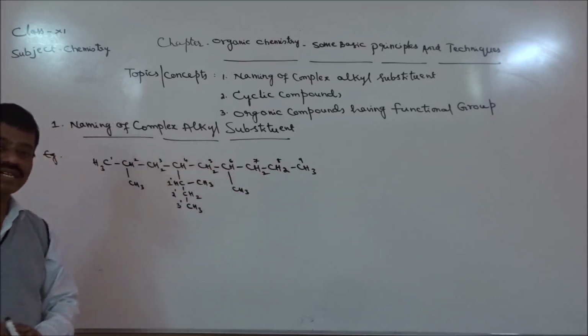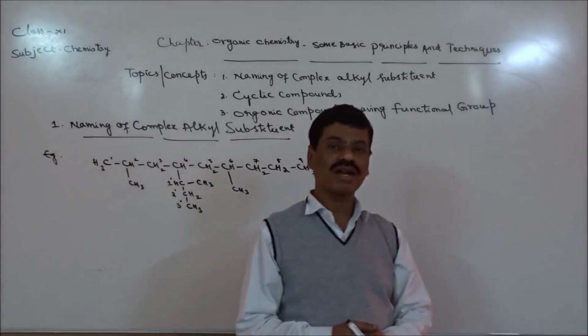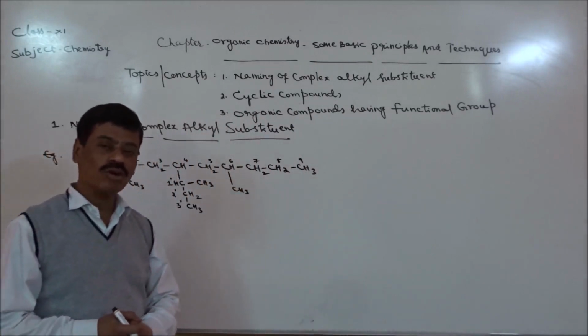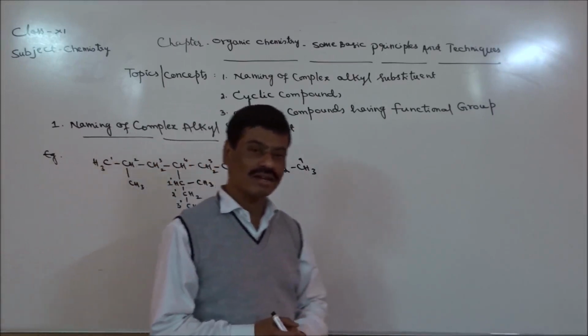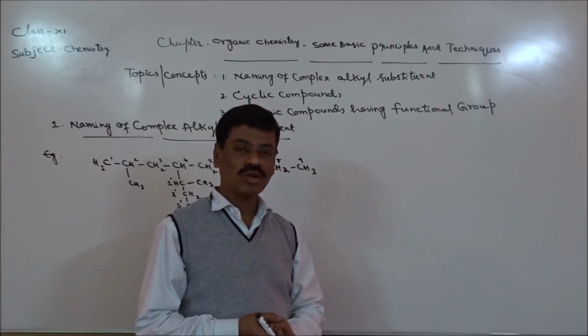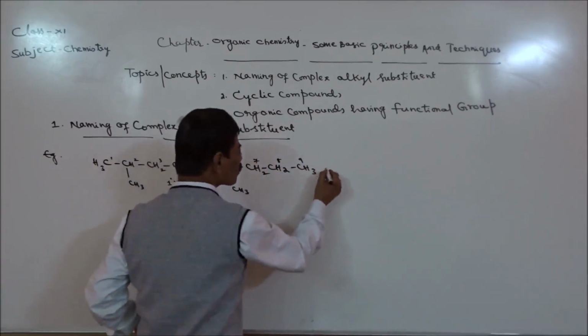So it is a derivative of the alkane containing 9 carbon atoms in it, known as nonane. Non, N-O-N. We have to read this in chemistry as non, not none. That English word none is different. Non or nona means 9. Now, how to name this compound?